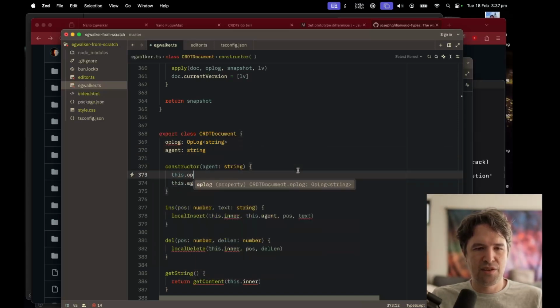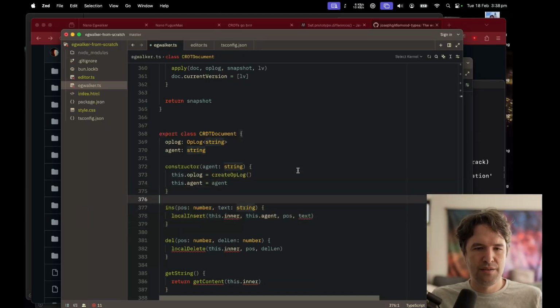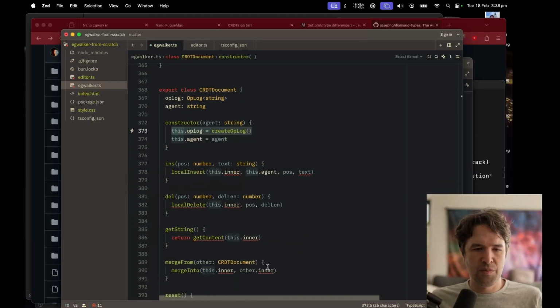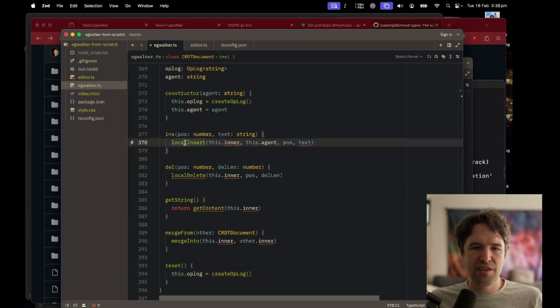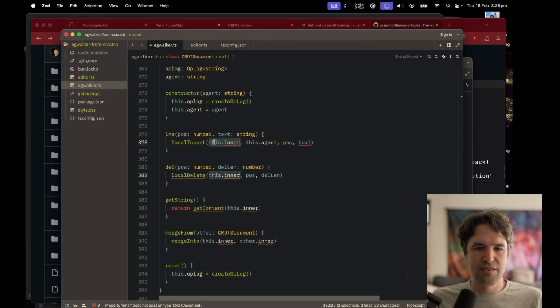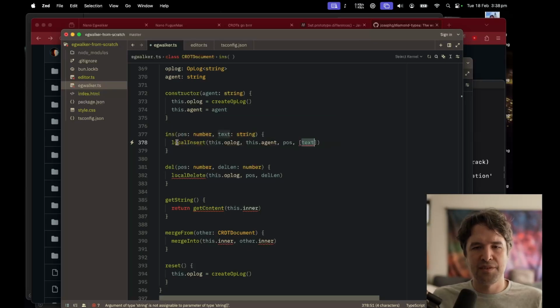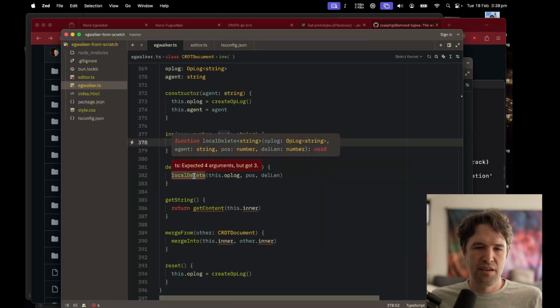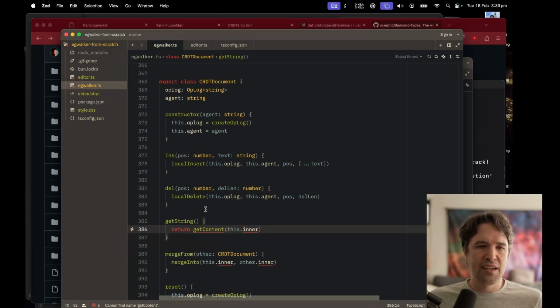All right. So this dot oplog is going to equal create oplog. And in our reset function, we will just overwrite that in the same way. Insert, local insert, this dot inner. So that should be this dot oplog. When we insert stuff, remember that inner takes a list of items. So we're going to have to split up this text into a list of Unicode code points. A position and deletion length. To get the string,